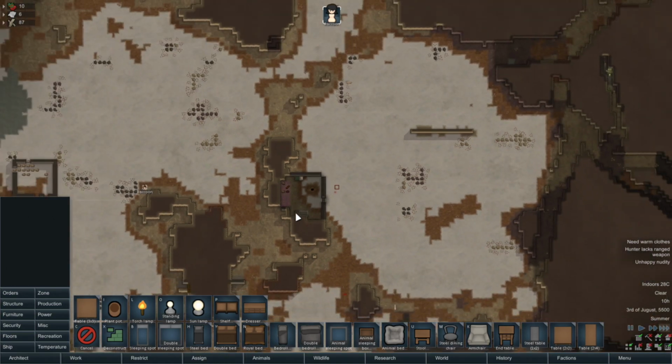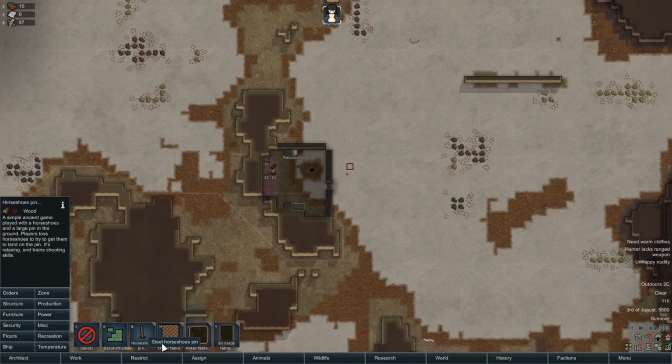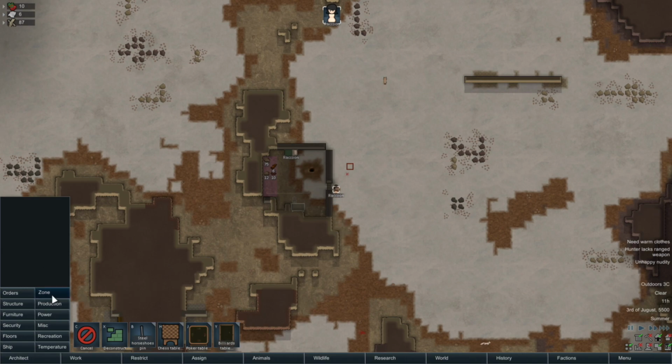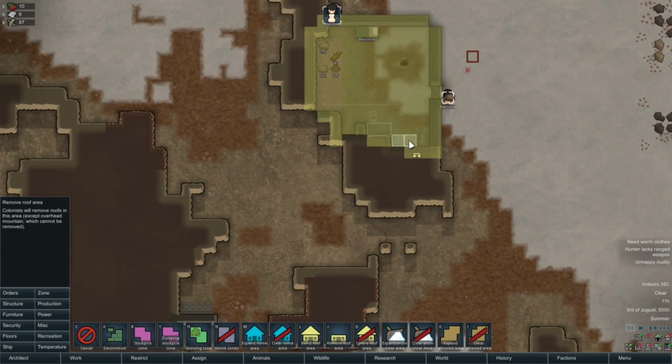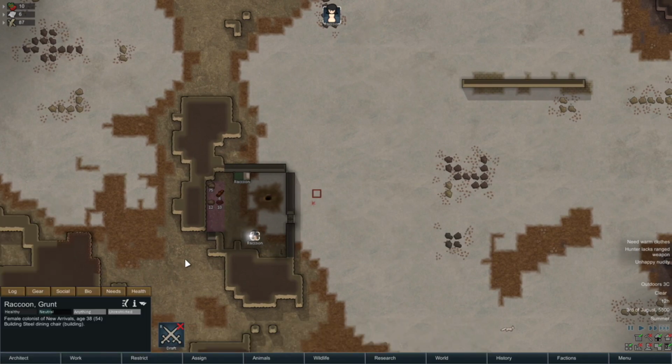So yeah, there we go. This is actually picture perfect. We'll build a chair now. We need to get recreation in. Let's get a horseshoe pin. The temperature in here is actually also still a little bit hot. It'll get colder once we get towards winter. Right now it's 40 degrees in here, which is a bit hot. So she's probably actually getting